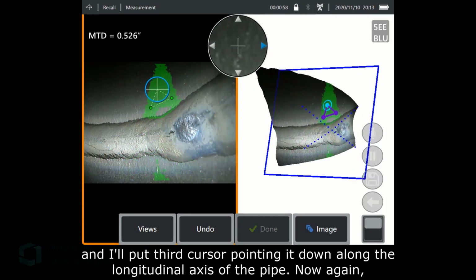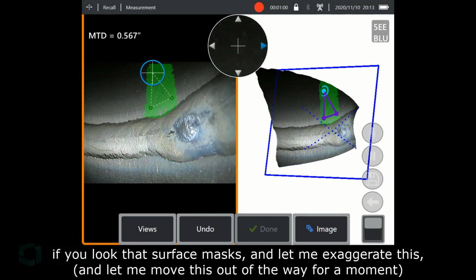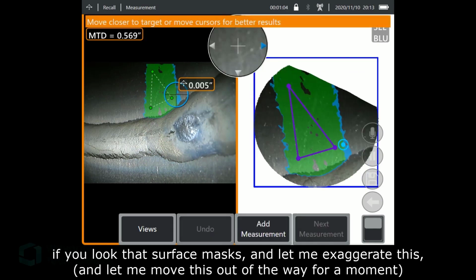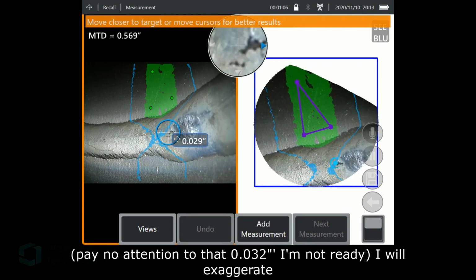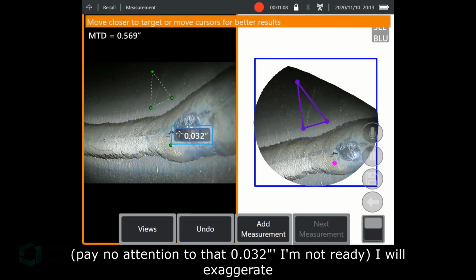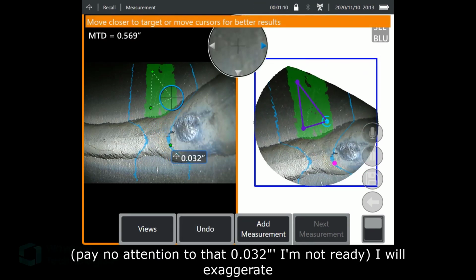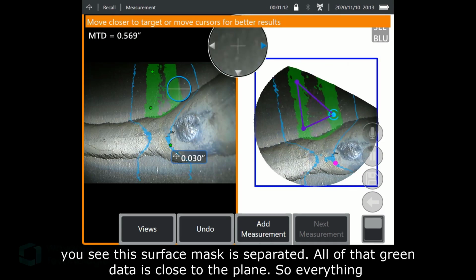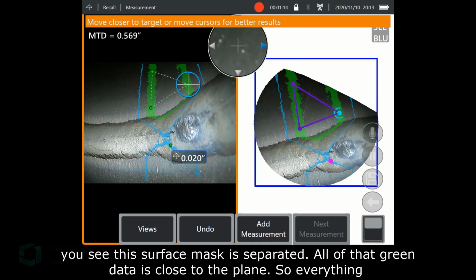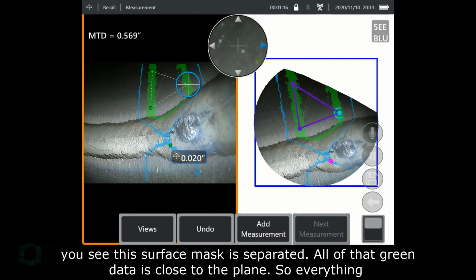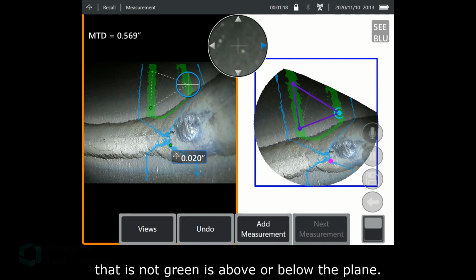of the pipe. Now again, if you look at that surface mask, and let me exaggerate this, I'll move this out of the way for a moment. Pay no attention to that 32 thousandths, I'm not ready. I will exaggerate. You see the surface mask is separated. All of that green data is close to the plane, so everything that's not green is above or below the